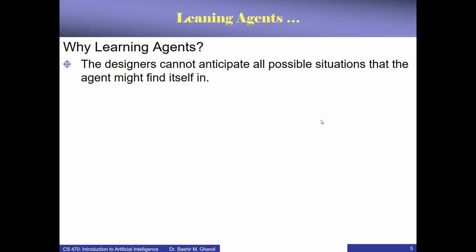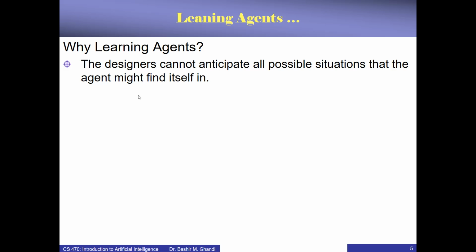These are some of the reasons. First, the designers of the agent cannot actually anticipate all possible situations that the agent may find itself in. Imagine the robot that was sent to Mars by NASA. The designers couldn't have anticipated all the kinds of situations it will find itself in there in space. So in that case, it's actually better to design the agent so that it can learn and explore its